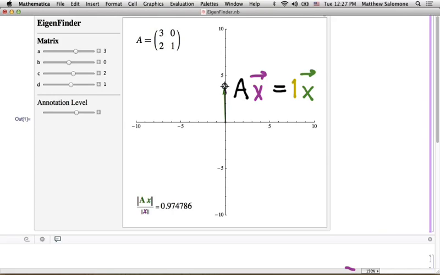So maybe the question we can ask ourselves is, well, how come we didn't see that coming? How could we take this 2 by 2 matrix and determine what its eigenvalues are algebraically instead of relying on the graphical and numerical evidence that we have coming from this app? So let's